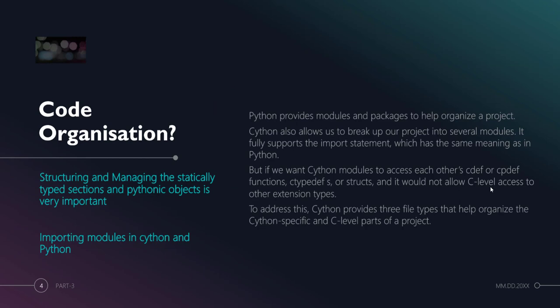Whenever we are writing code, our basic principle is to always structure it in such a way that it enhances code readability and reusability. It is even more important when using something like Cython, where we are also using the Pythonic objects and the static types of C. So while organizing code to be well structured, there are a lot of aspects.